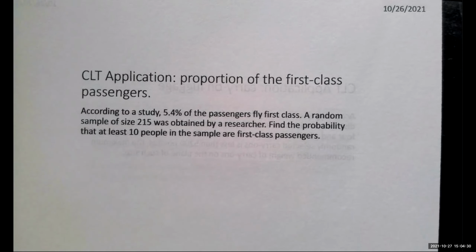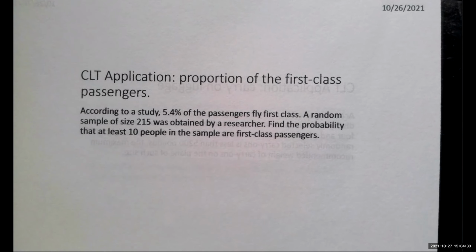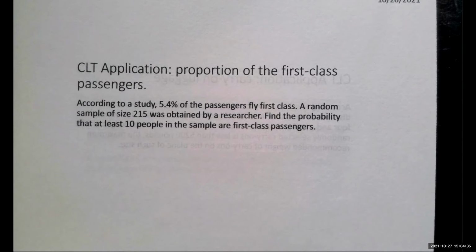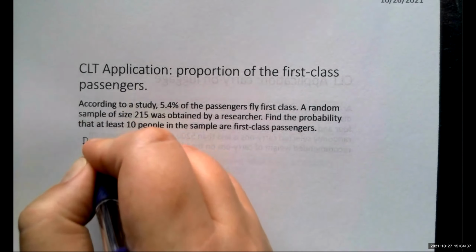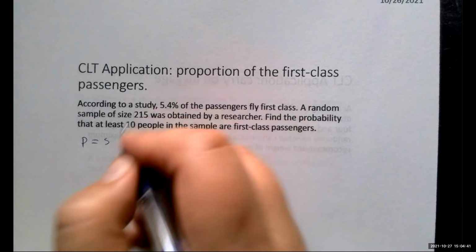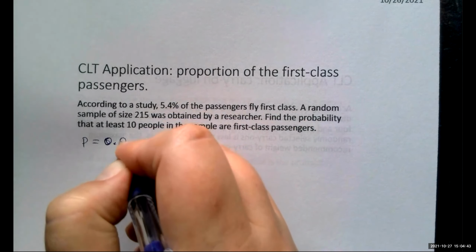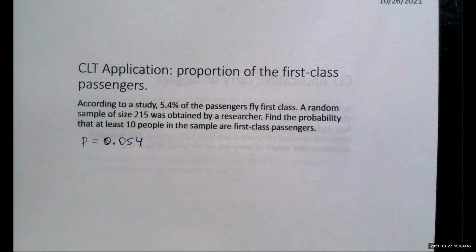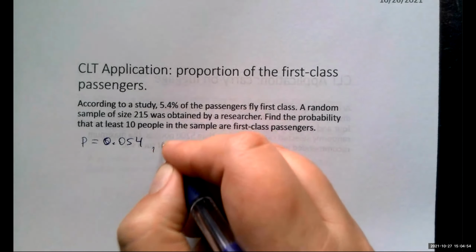According to a study, 5.4% of the passengers fly first class. So here we're given that the proportion of the population is 5.4%, so we're going to convert it into decimal form. Next, a random sample of size 215